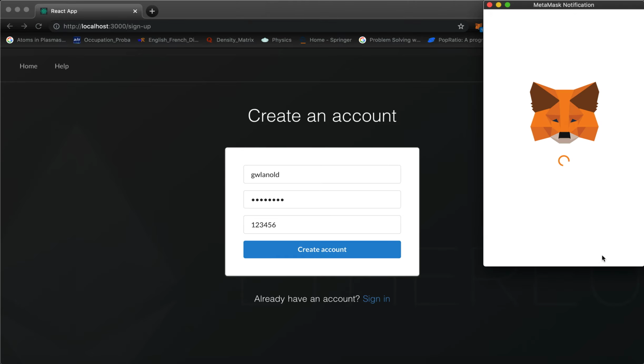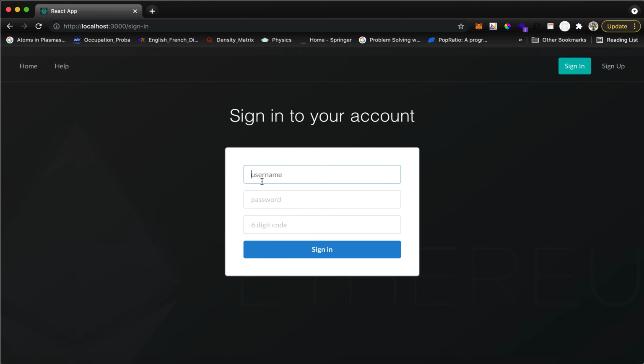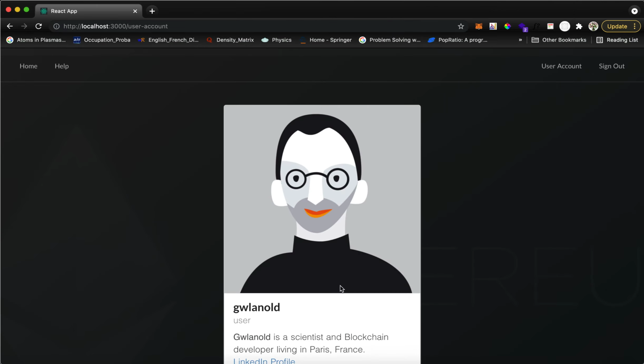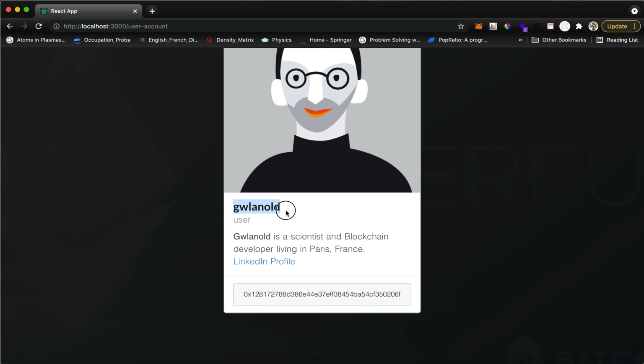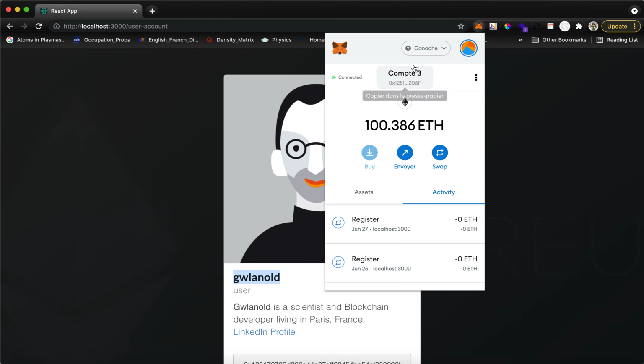Let's sign, confirm the transaction, and now the account has been created, and we can go back and log in with this. If we click on sign in and click on sign, now we are connected with the username Glanorg, because it is the username of this account, account number 3.